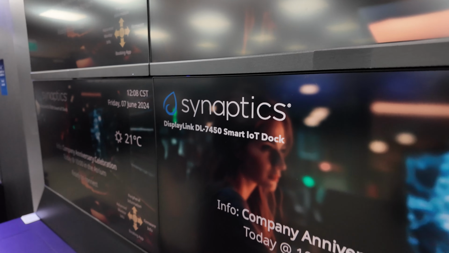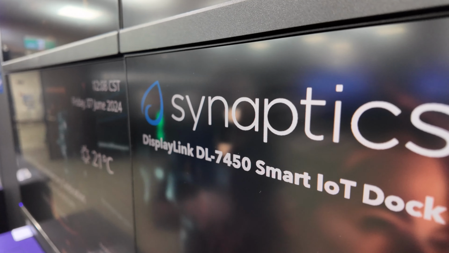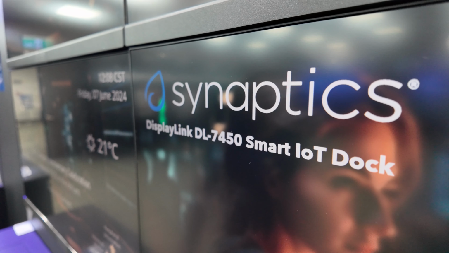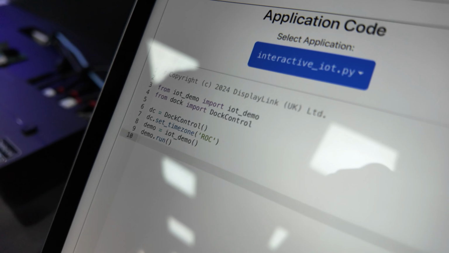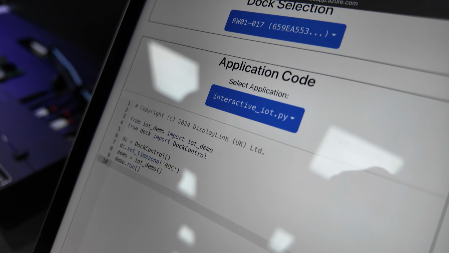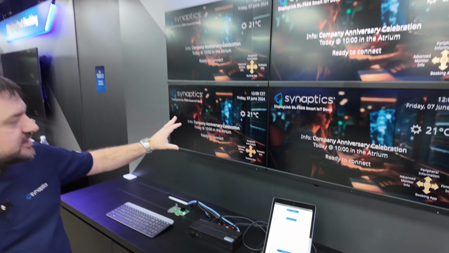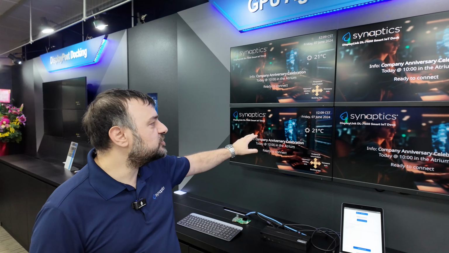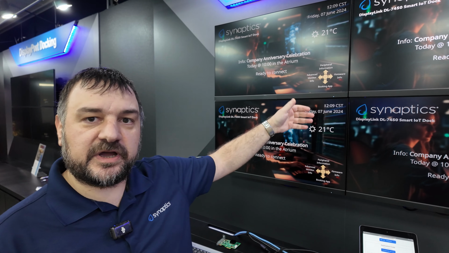We introduced for the first time yesterday a workshop to teach our customers how to program the chip and run their own application on the chip. What you're seeing now is some Python code that can be edited live and sent to this docking station. Example of applications here, you can see I have a background image and text superimposed with the time taken from